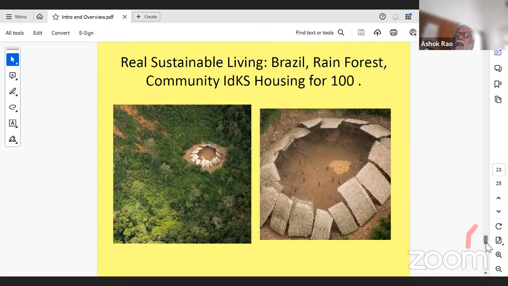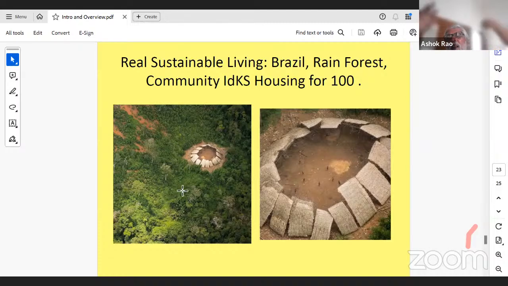But does it mean that there are no sustainable knowledge systems? Yes. You look at a sustainable knowledge system here in the Brazilian rainforest. This is a housing for 100 people. See, 100 people live here. All of them sleep under this, both for rain and sunshine. The shadow is there. The common space is for everybody. Children play, they cook, everything. They just stay here. And you see here, they have not disturbed anything around here.